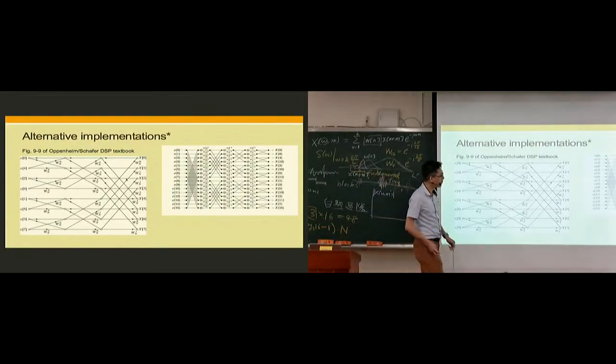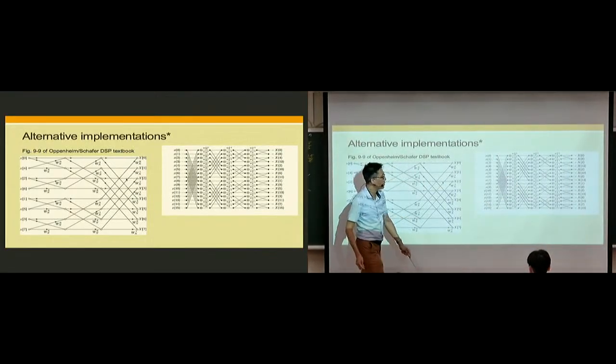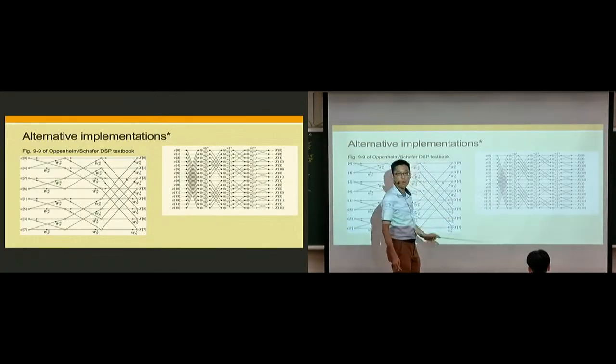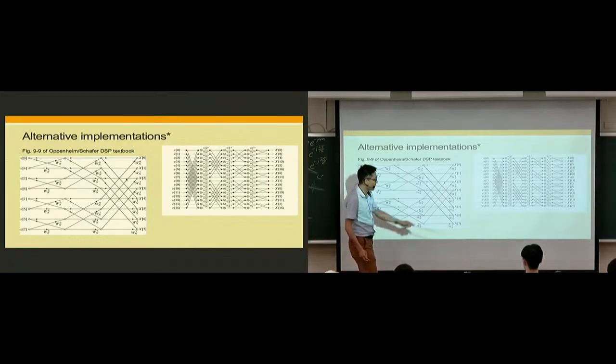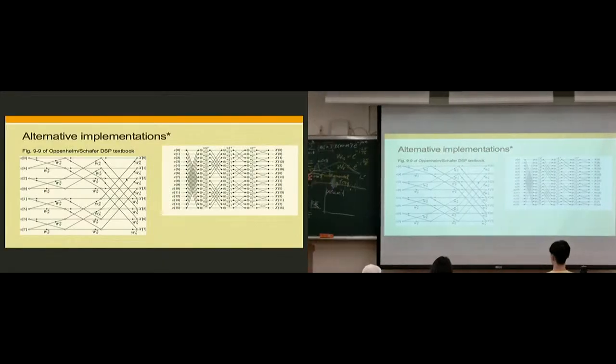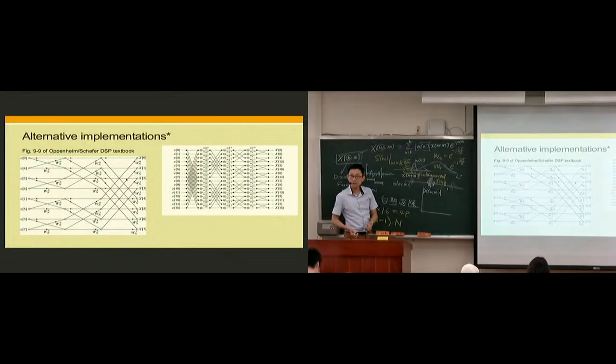So maybe I should end my introduction right here and leave it to you to figure out what's going on. How do we just correctly identify? So it might be easy if the length is 16, but how about if the length is 1024? Right? The last, how do you organize the frequency bin to finally be able to plot the spectrum? Okay? So that's not trivial. Okay, it's important, not trivial and also relevant. 其实是蛮重要的，对不对？